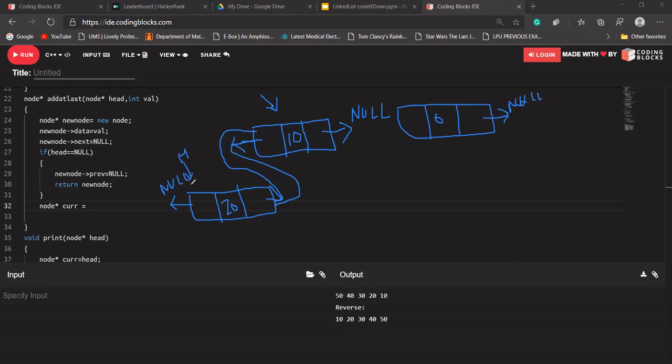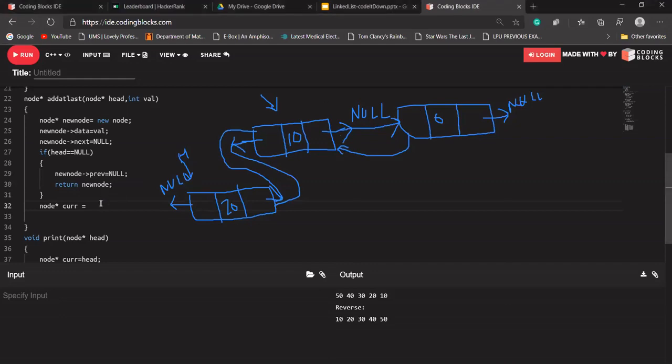So we have to iterate through our linked list and find the address of the last node, because the last node's next was earlier pointing to null. Now it should point to its next node, the new node, and the new node's previous should point to our last node. Let me write the code quickly.